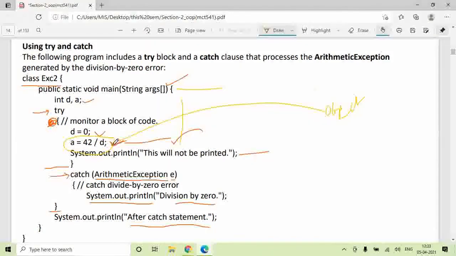From here an exception is thrown to the appropriate catch block. So after this try, this catch block is written, so this exception is thrown to this catch block, wherein you will accept that exception and you will print this divide by 0 statement. So here you will see on the screen that the divide by 0 line will be there. Once your exception is over,